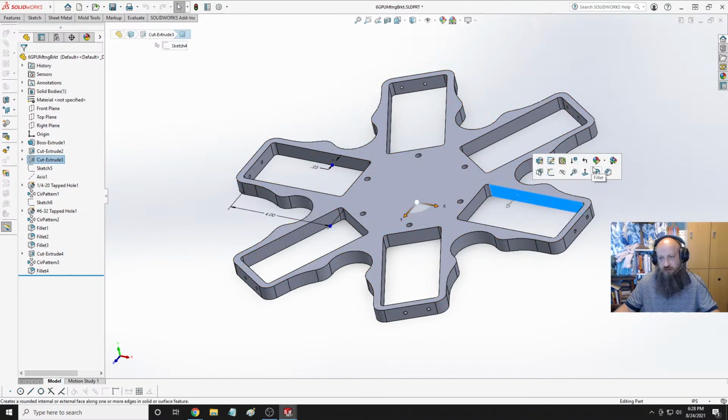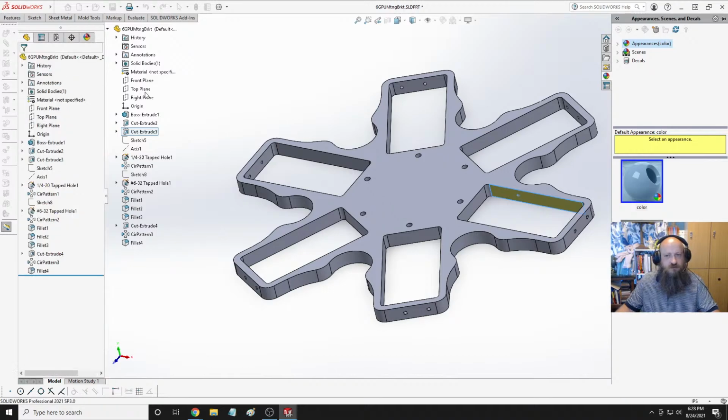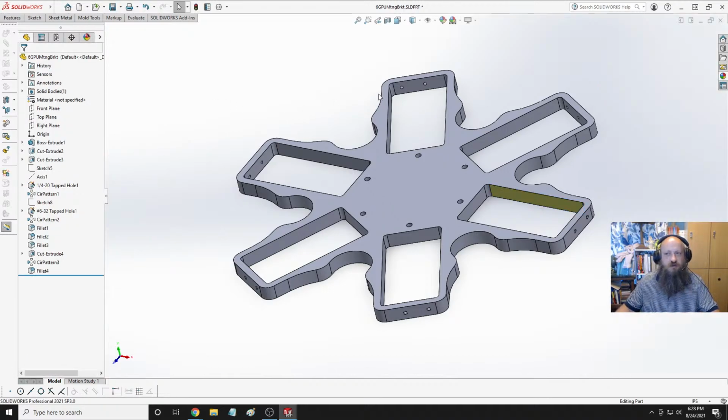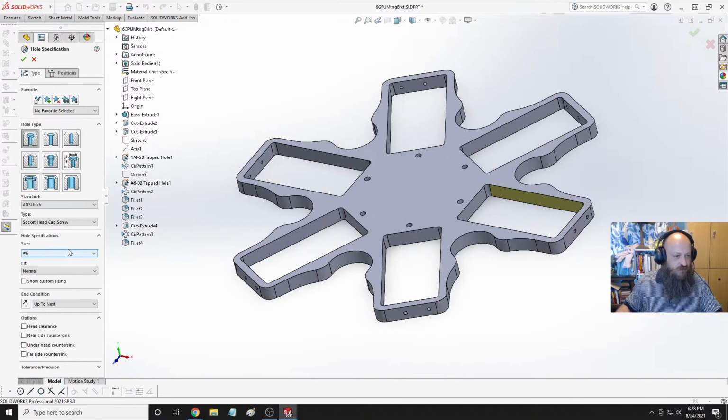This one. Gotta color it now because it keeps changing stuff on me here. There, do a crappy yellow. How about that? Now, let's try it again. Hole type. Socket head cap screw. Somehow it doesn't seem like that's right, but...